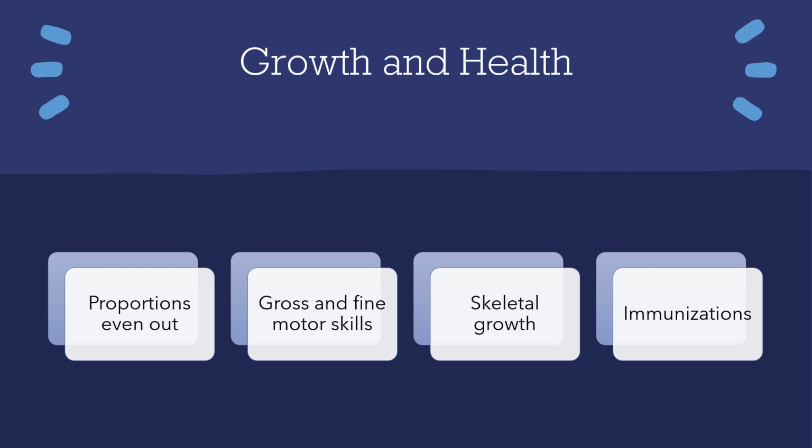Let me make sure I didn't skip anything important in my notes. I guess the other thing I would mention too is that during this stage, obesity unfortunately is becoming more common. And so, there are pretty obvious things to prevent that: adequate nutrition, avoiding foods that are high in sugar, fat, and salt, and getting adequate exercise. That is also very important at this time, just like any other time in development.